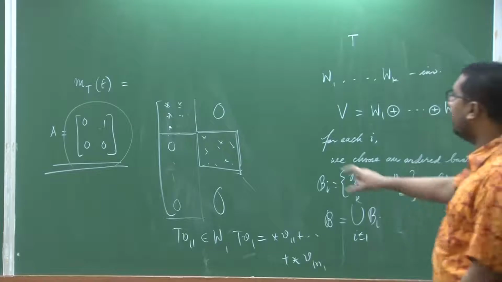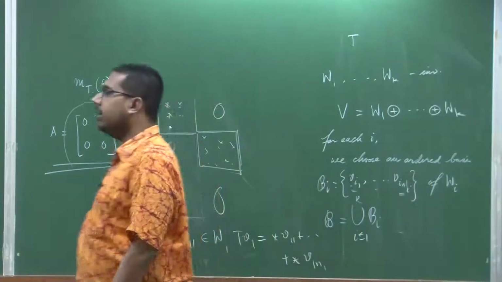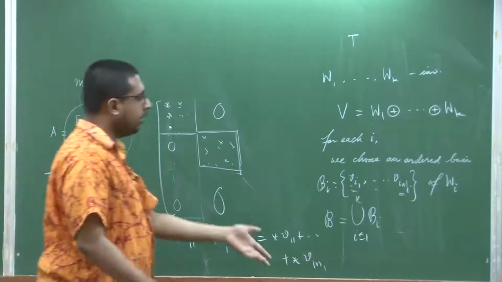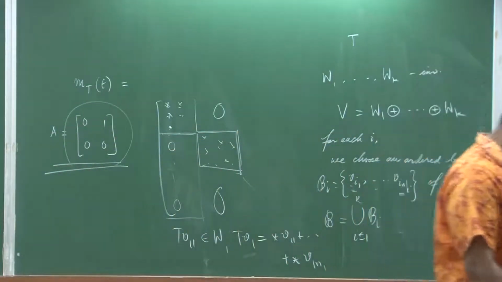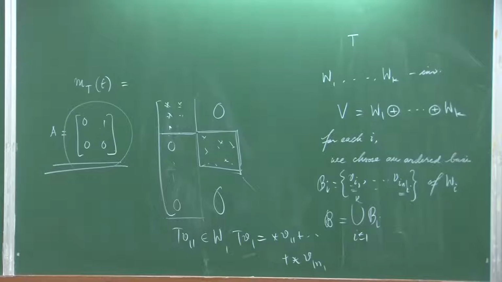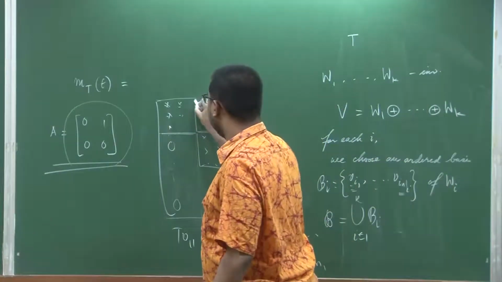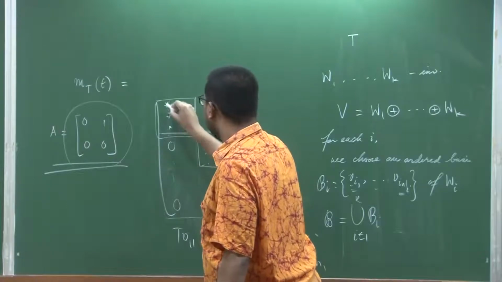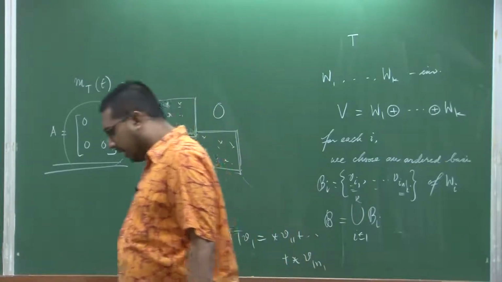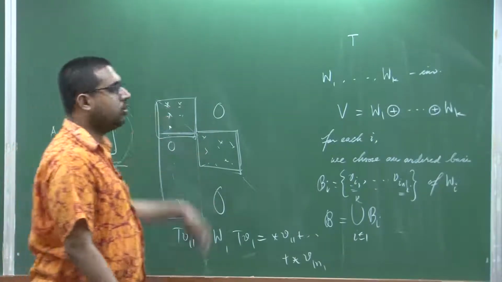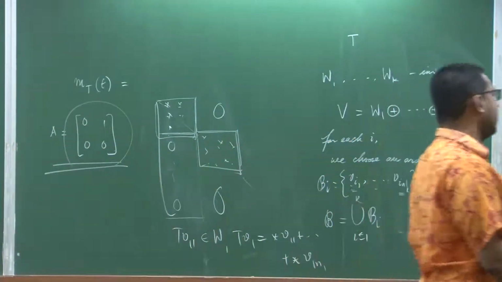So in each block the diagonal elements are non-zero and nothing else, therefore the entire matrix becomes diagonal. That is what we have seen there, but here, in addition to the diagonal elements, for example in the first block, there is no reason that only diagonal elements will be non-zero. There could be other non-zero elements, but at least